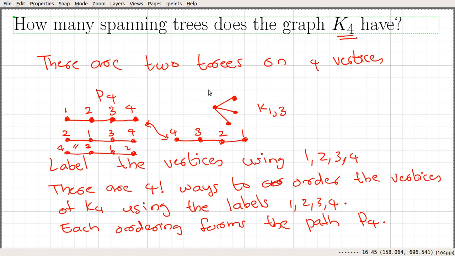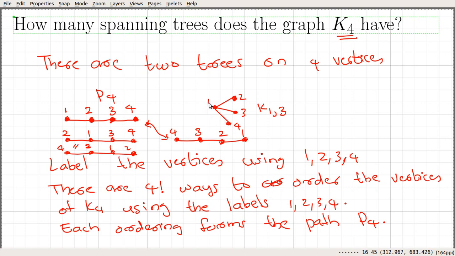So let's look into the star graph or K1,3 tree. Let's count how many there will be. Here we can see that once you fix this particular vertex, the central vertex, all other vertices are determined. For example, if you fix this to be 1, these 3 vertices will be 2 3 4.